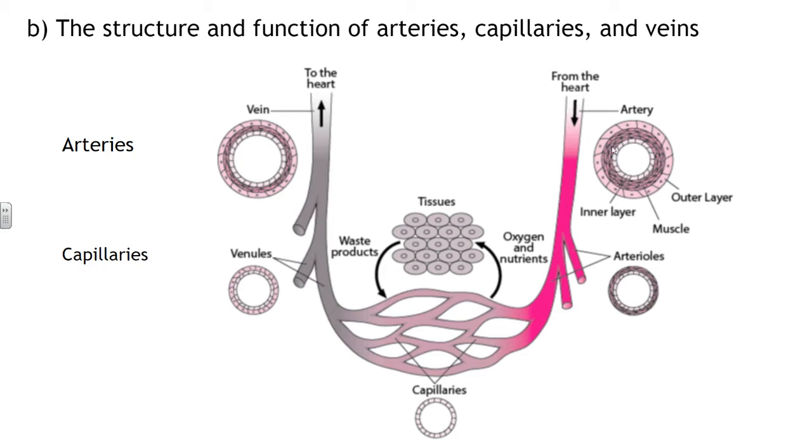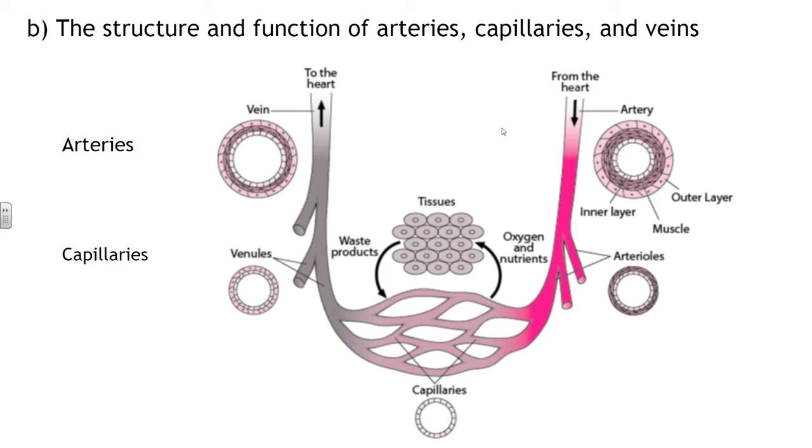So in arteries, we have the connective tissue on the outside, the smooth muscle on the inside, and we have the endothelium and the lumen. This elasticity of the arterial walls is especially useful because, as we've said, it is where the highest amount of pressure is. So this elasticity allows it to recoil and accommodate the surge of blood after each contraction of